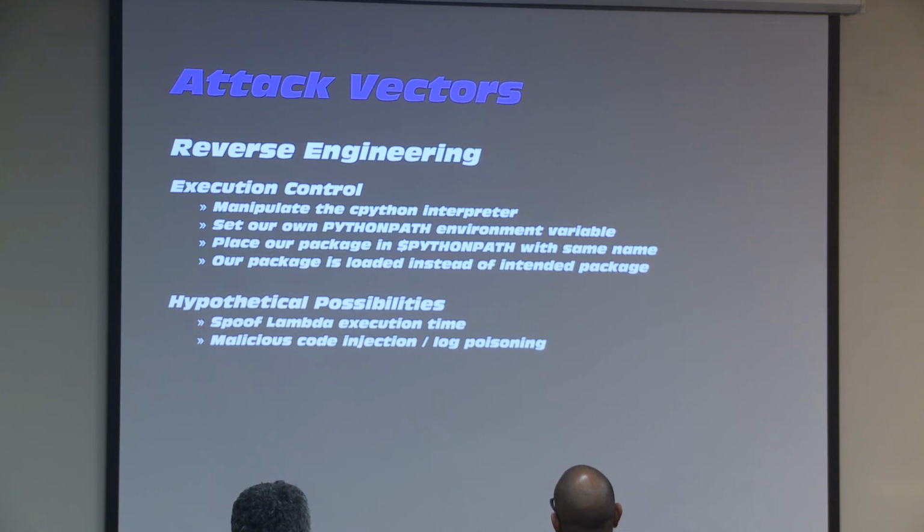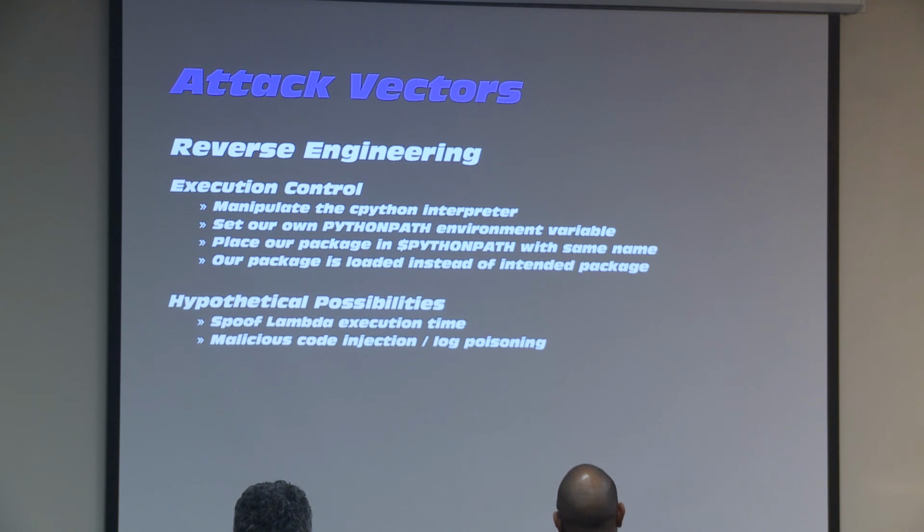They allow you, in your Lambda function configuration, you can go in and specify a Python path. So Python path is similar to a Linux shell path. It's looking for a list of directories to look into to load modules. So the idea being, we can write to /tmp. It's the only directory we can write to. If we specify /tmp as the Python path and we write our own module, can we then maybe begin to return data that's being called in that runtime and shared object file and somehow taint that data, right? Can we gain control of the execution flow?